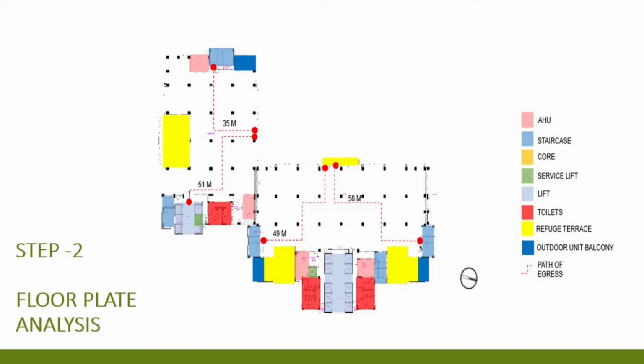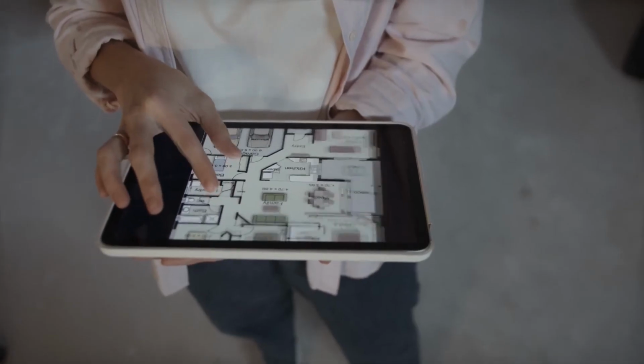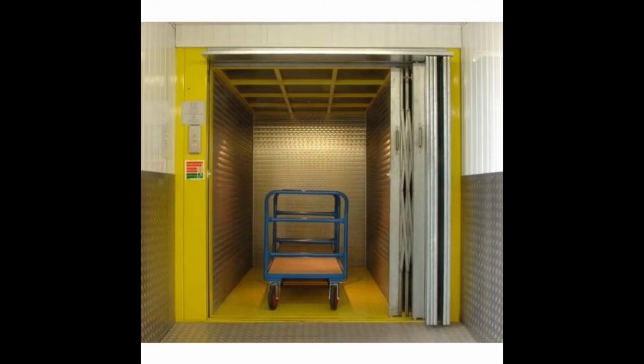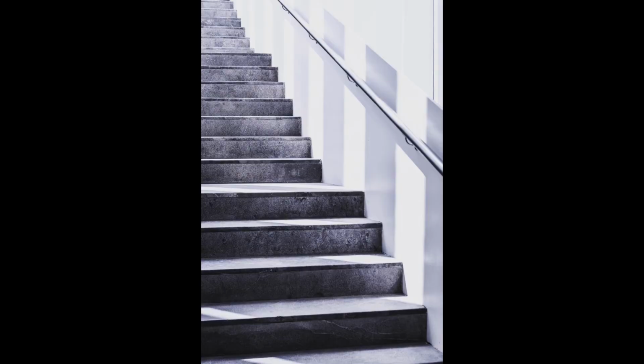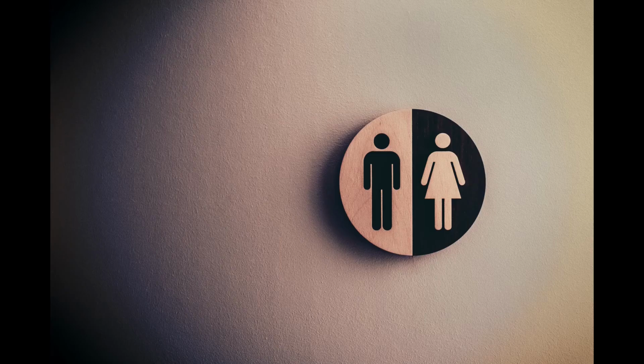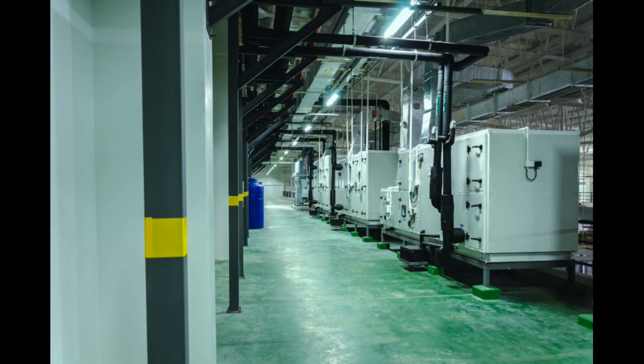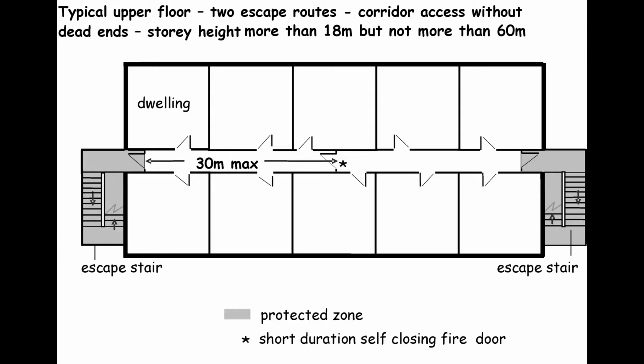Step 2 is floor plate analysis. Floor plate analysis means the determination of different zones on a floor plate. This includes the determination of service elevator, passenger elevator, staircases, fire exits, washroom and their types such as men's, women's, handicapped, shafts, AHUs, etc. The idea here is to understand the placement and verify the counts of these services as per the building code. For example, the farthest distance from any point in the site to the nearest fire exit should be less than the number specified by the code.